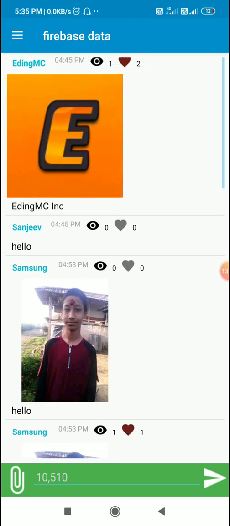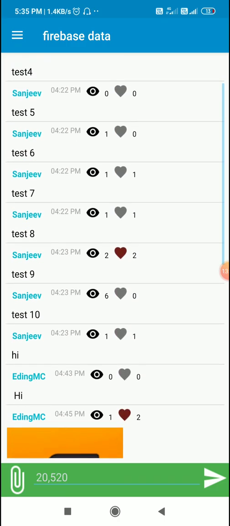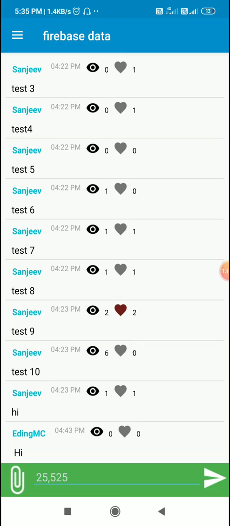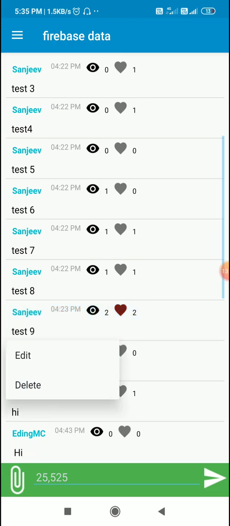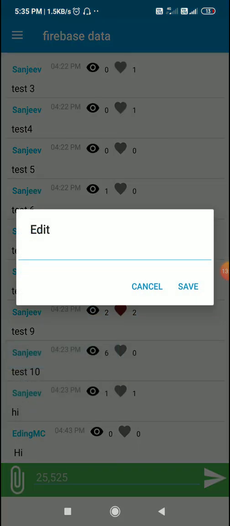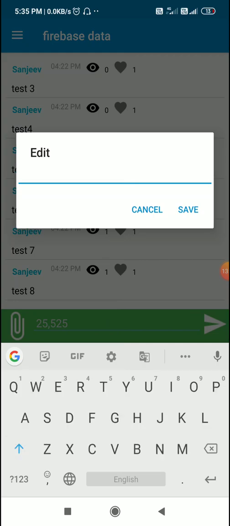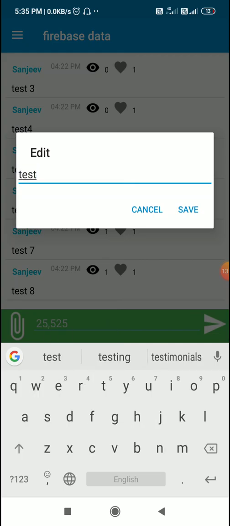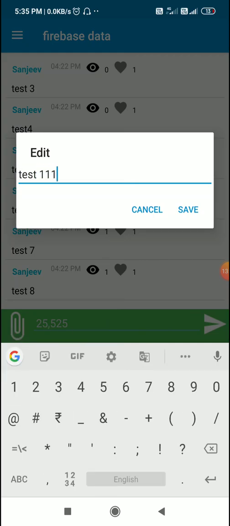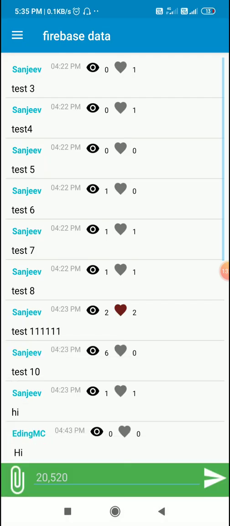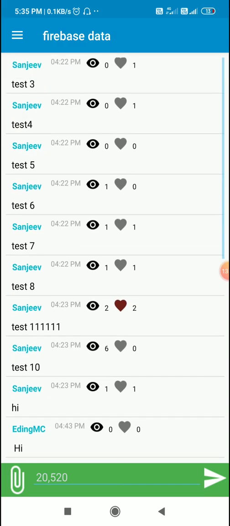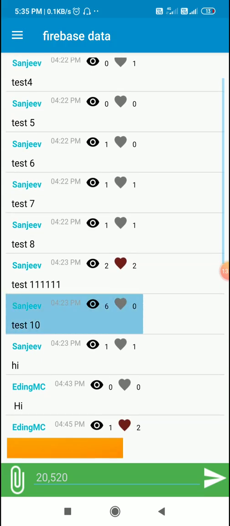If I have to edit my posts, suppose I have to edit test 9, edit, it will show this dialog box with an edit text field, and if I write test 1111, multiple ones, and save this, it will appear here. I can edit this also.